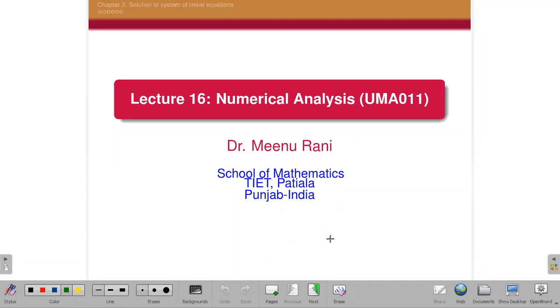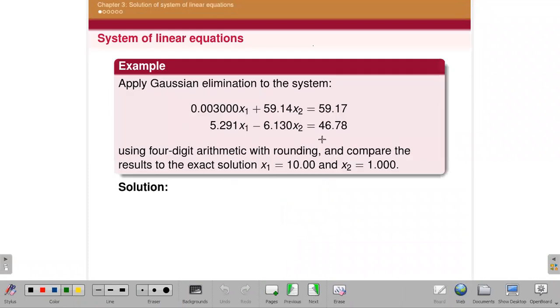So, we have done one method also, that is Gauss elimination. We have done one example of Gauss elimination, and another example also, in which we have seen a lot of error, a lot of approximation, a poor approximation you got as a solution. This was the question, if you remember. We applied Gauss elimination on this example, and its exact solution is 10 and 1.